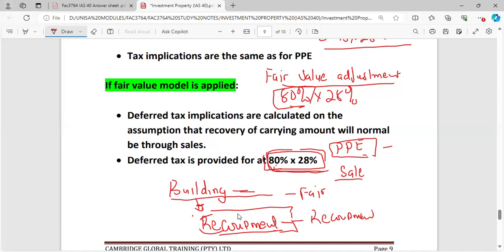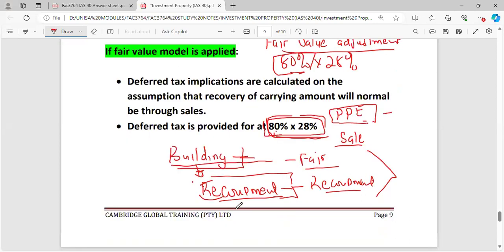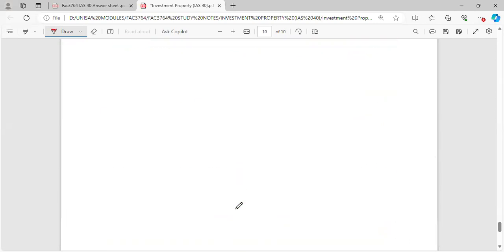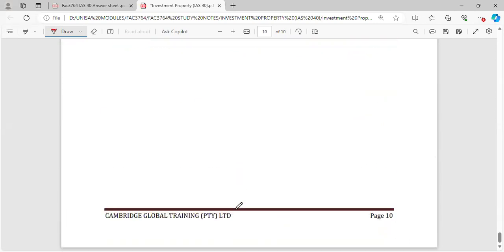So you look at the question. If it talks about SARS applying a 5% capital allowance and the asset is investment property, then you are going to have two deferred taxes from that one particular asset. I think we did something like this in our previous question when we were answering